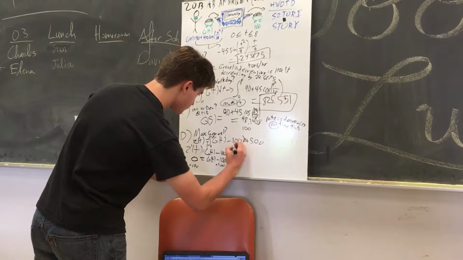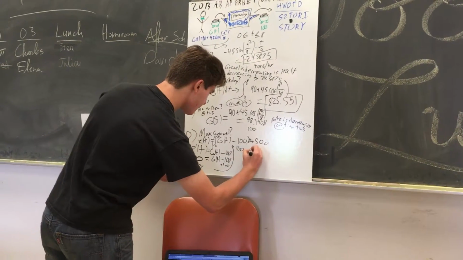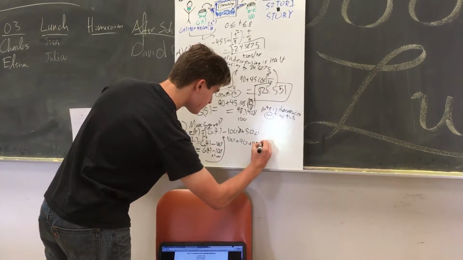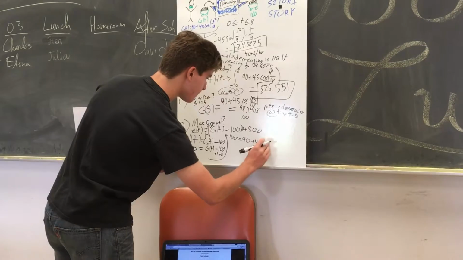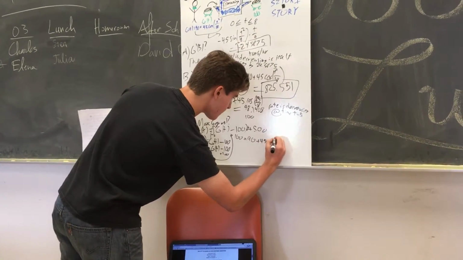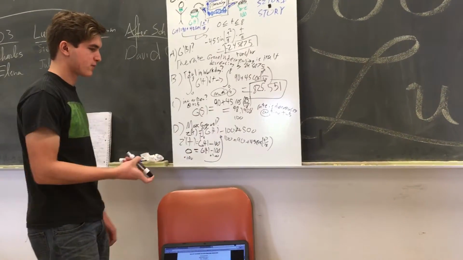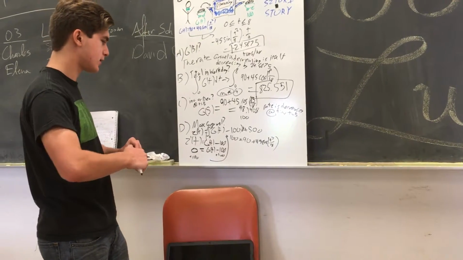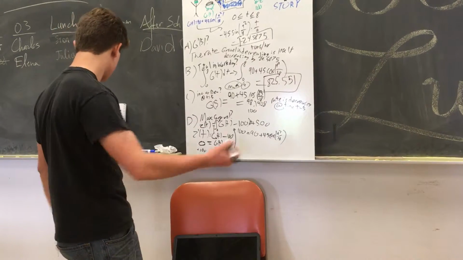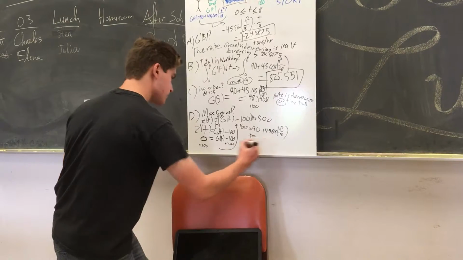And so then we end up with 100 equals 90 plus 45 cosine t squared over 18. And we can simplify that and then plug it in the calculator just to save some time in this video. And we find that t equals